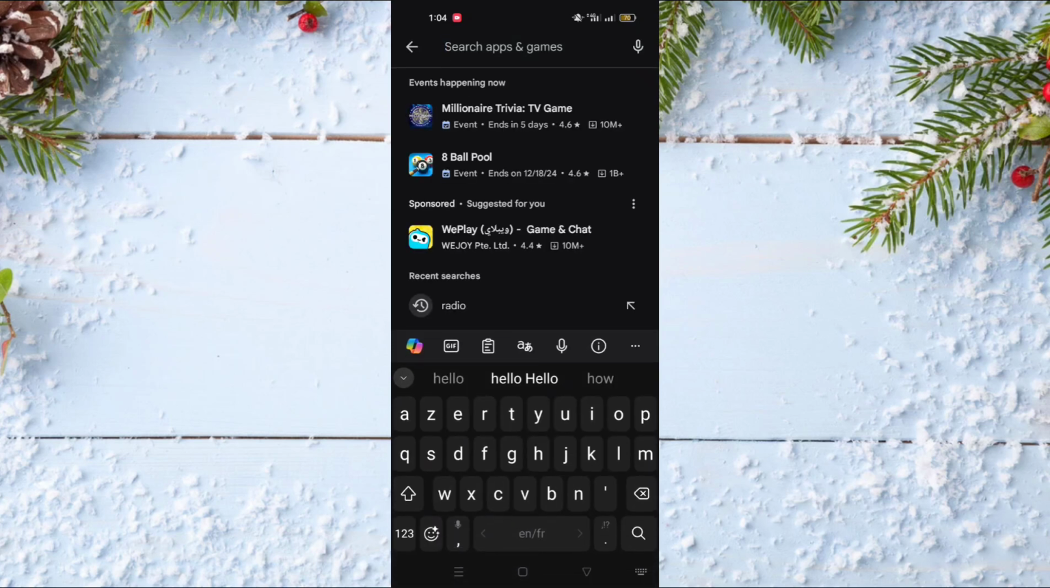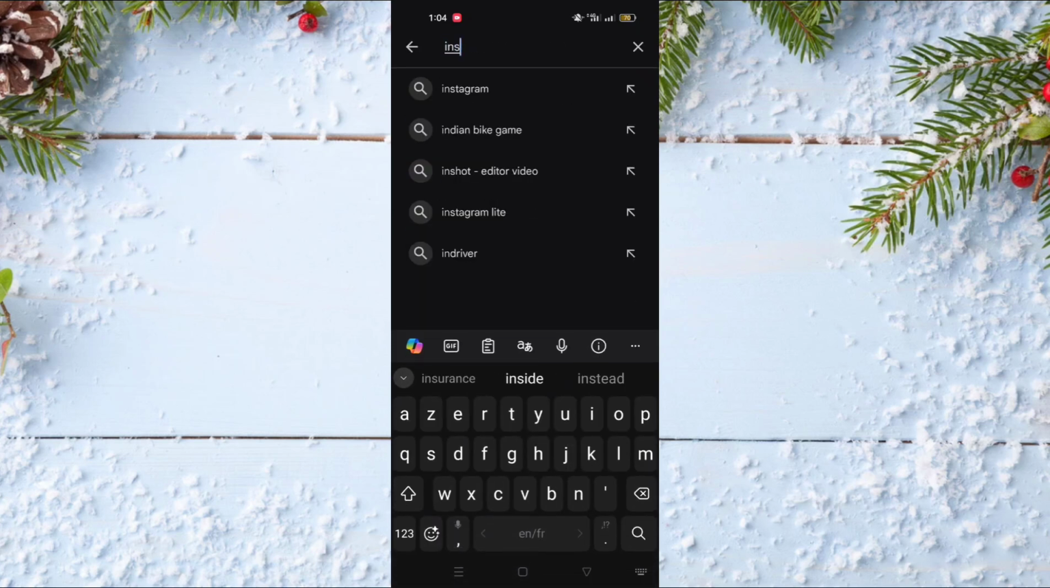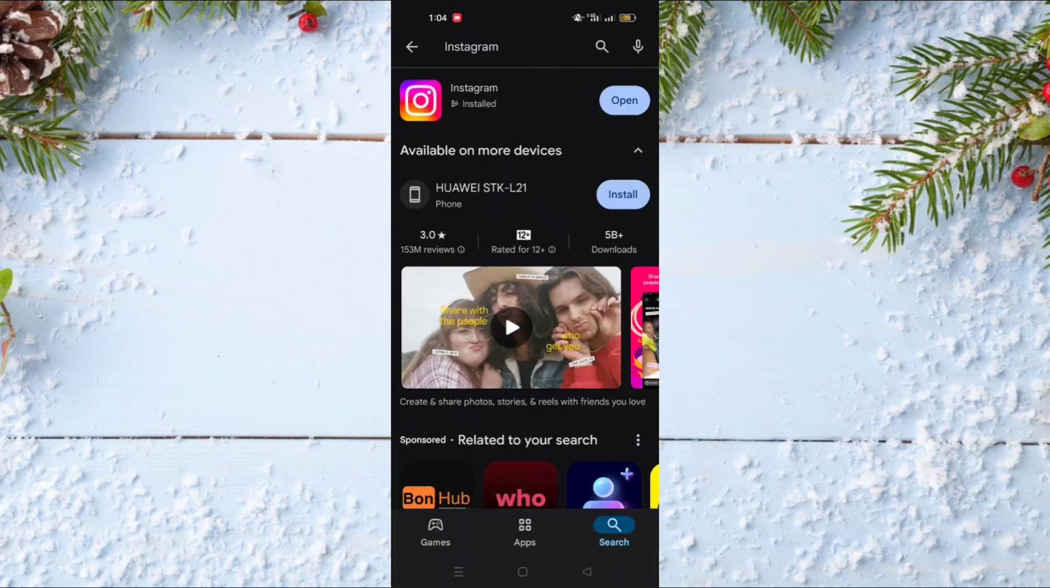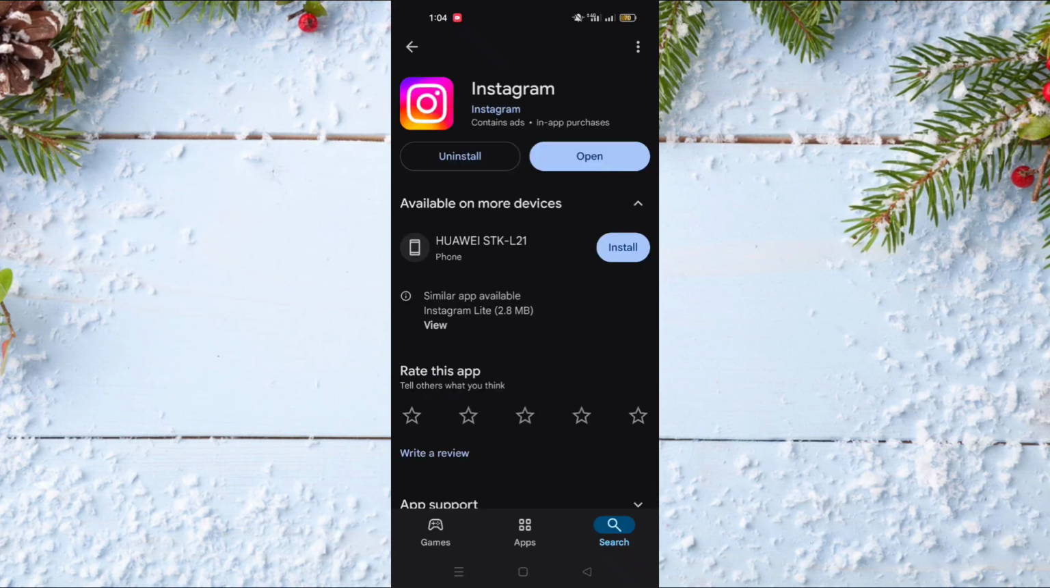And after that, go here and write Instagram and search for the app, and as you can see you will find the app here. In the place of open, if your app is not up to date, you will find a text written there that tells you that you need to update, or you will find an update icon there instead of open. You just need to click on it, and like that you will update your Instagram app